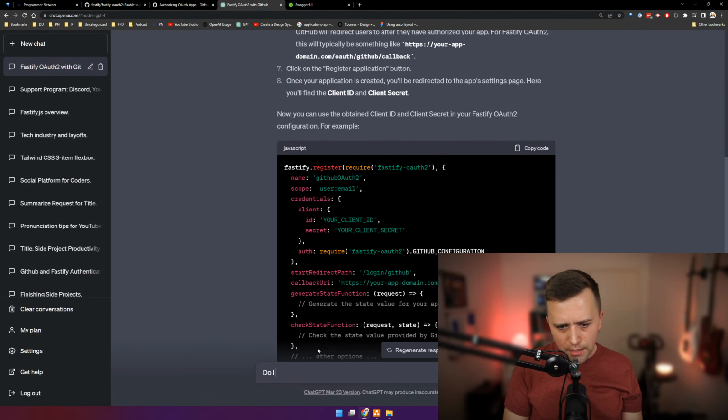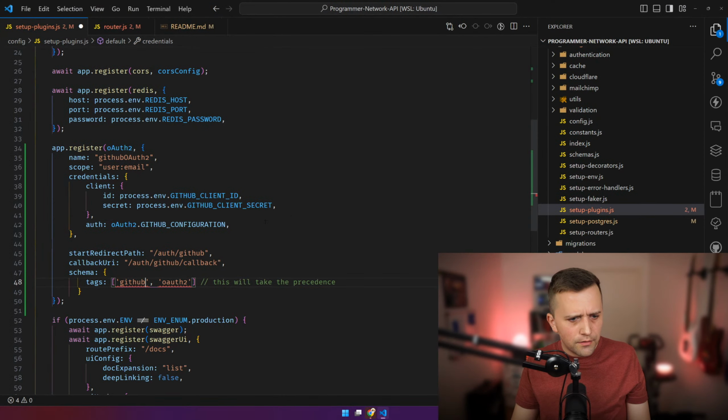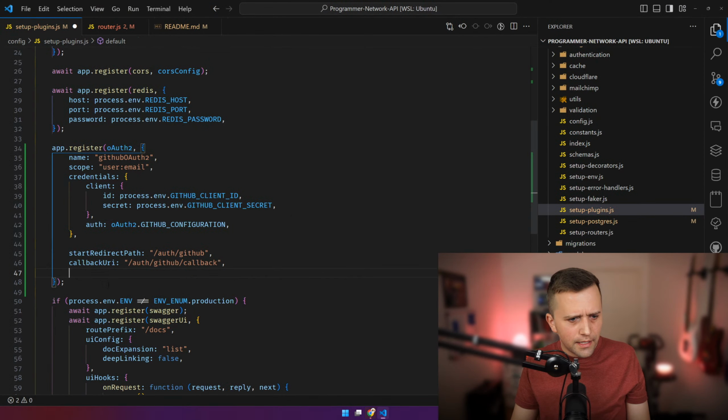Do I have to create a separate route at, let's see what this tells us. Okay, so we do have to create it. Okay, well, I keep going to the front end. So let's kind of get rid of this. Auth GitHub, we also kind of